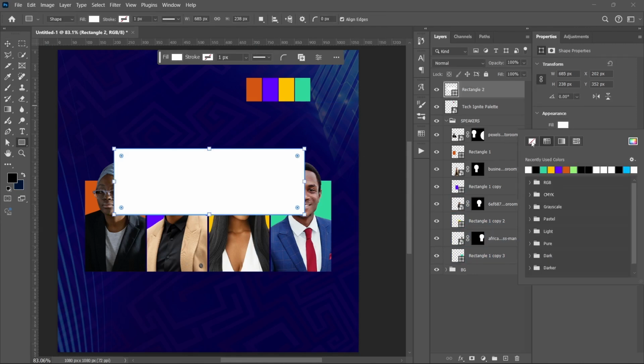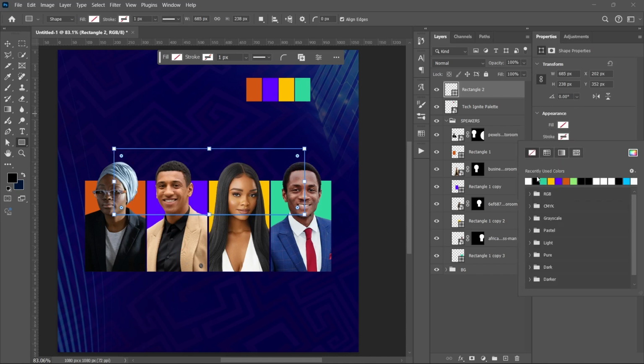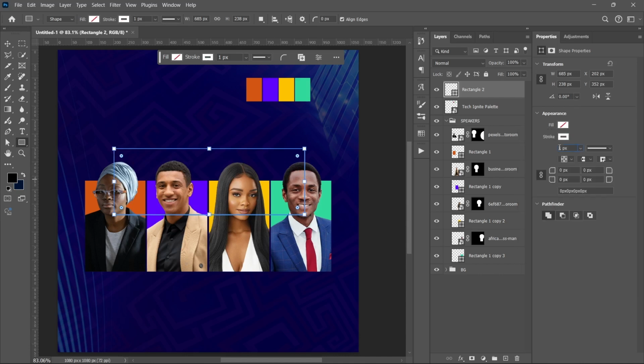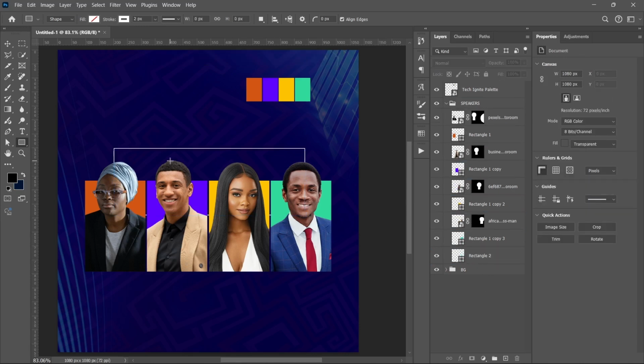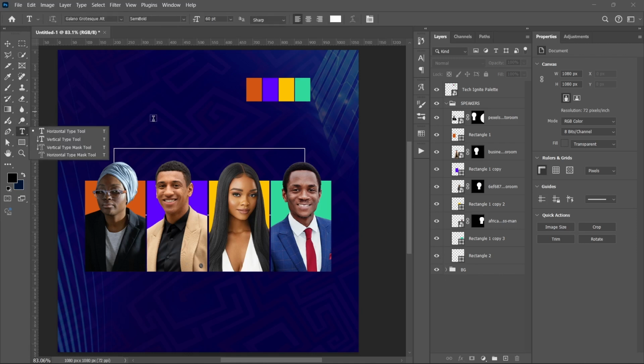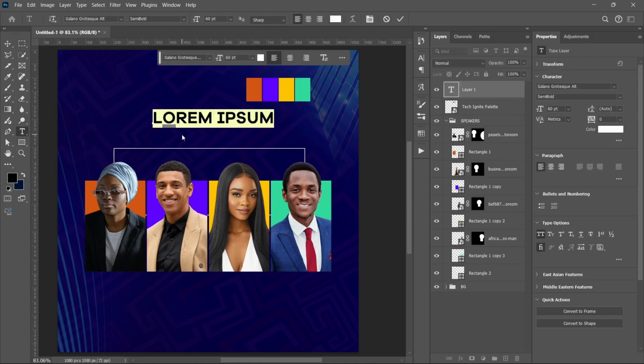and I'm going to remove the fill, but I'll add a stroke, a white stroke. I'll make it size 2. So I'm going to take this rectangle behind all of them. Okay, then I'm going to select my text tool and I'm going to write speakers,